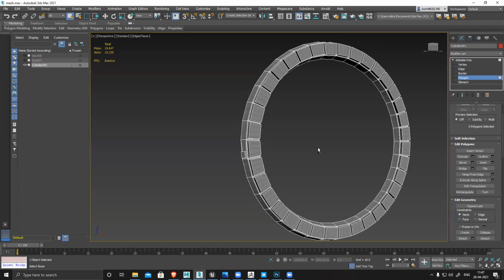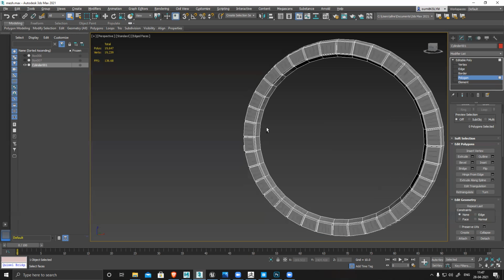The basic funda is to keep the UV straight as much as possible. So you can do this also or that also, both work perfectly. The only thing is, if you keep the UV straight, it will be highly optimized. Plus, you can fit your UV within the UV space very easily. That's the only thing. So it works perfectly.